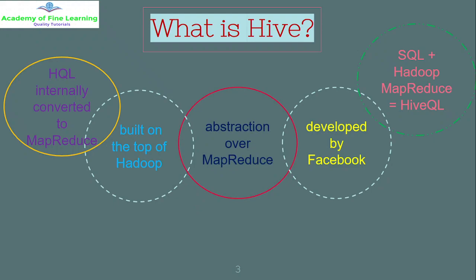Abstraction means hiding something. Basically, we don't want to write complex code in MapReduce, and we want to get the benefit of a query language like this. You don't need to learn a programming language like Java and write lots of code, which Java programmers would write for doing a particular job in MapReduce. The same thing can be achieved easily by a simple SQL-like programming language, created by Facebook in Hive, which provides an abstraction for MapReduce. You don't need to write complex Java.